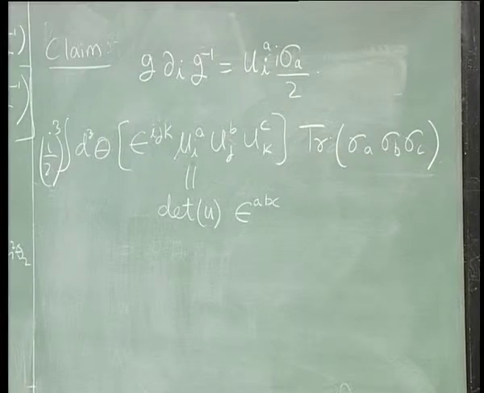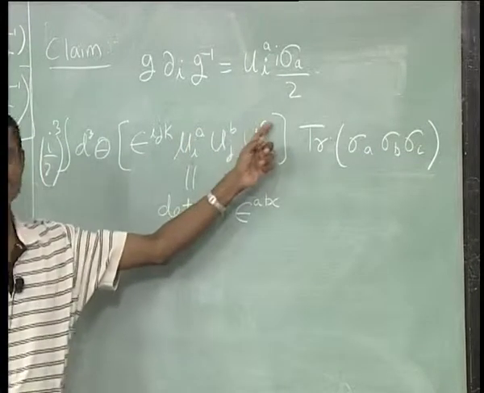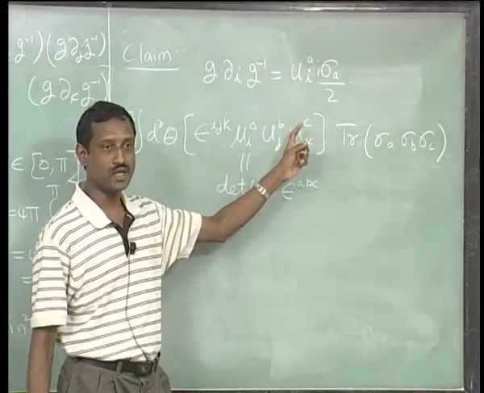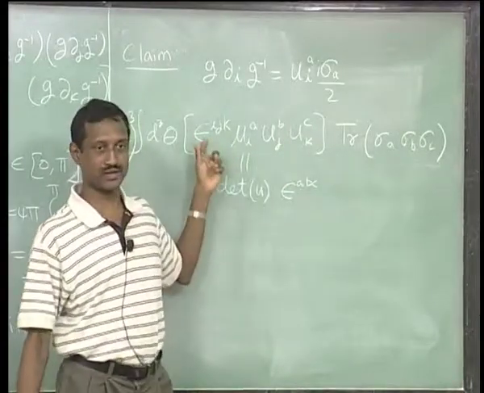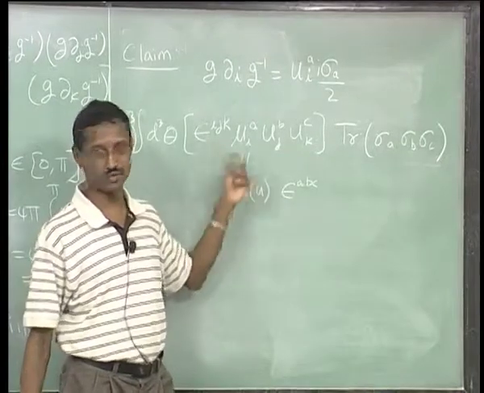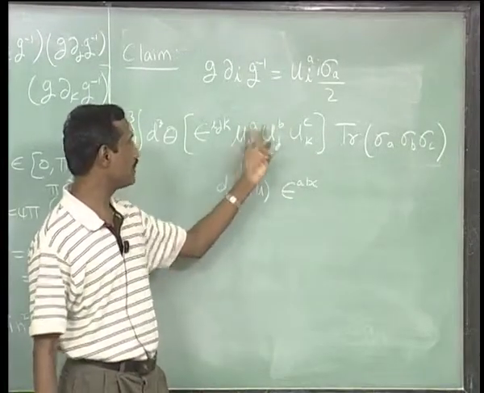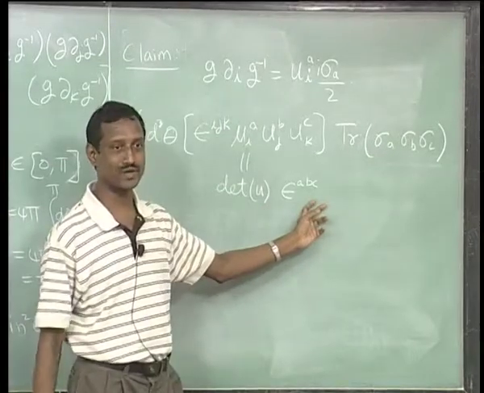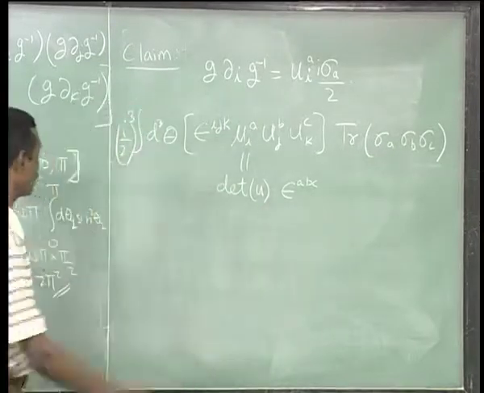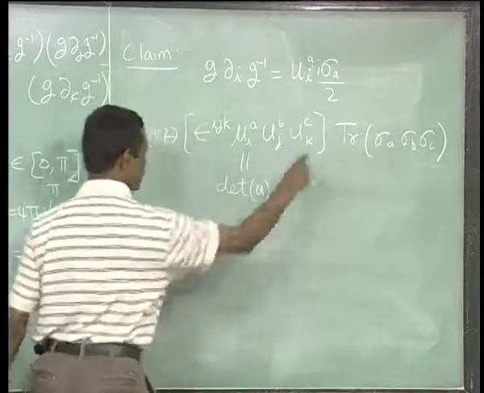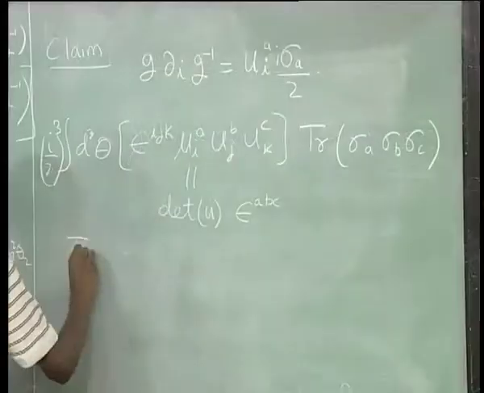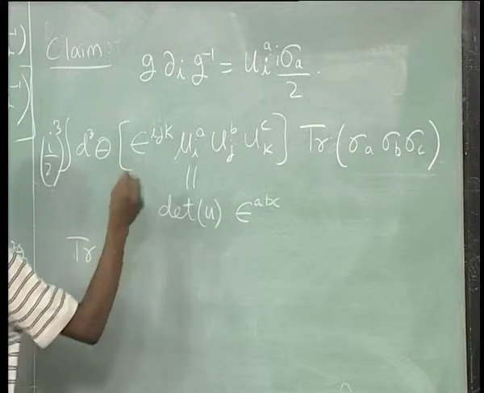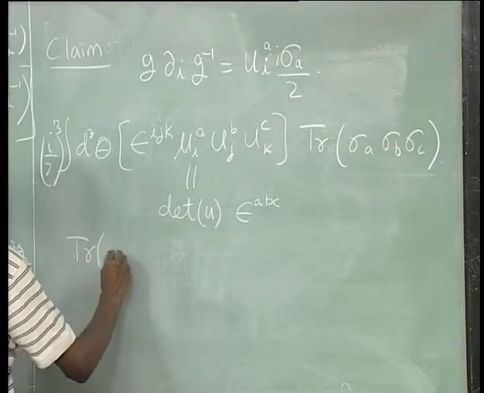Right, because I can just go ahead and take 1, 2 and put a b c to be 1, 2 and 3, and then I will get the determinant. That is the determinant, because a b c run over all those things. If any two of these are equal, the answer will be 0. So, it is forced on you. So, this is what you get. Okay. So, you can see that now. So, we need to just evaluate the trace